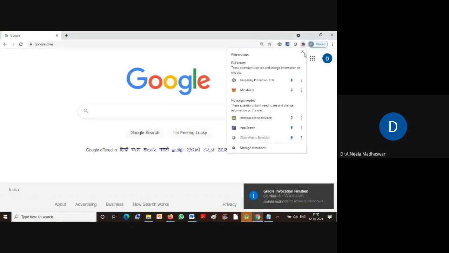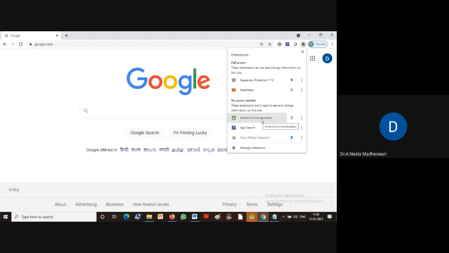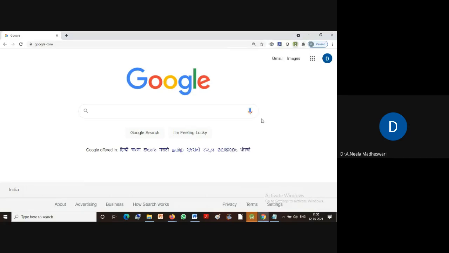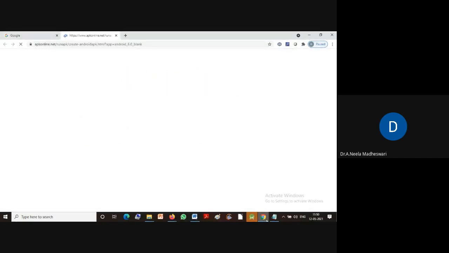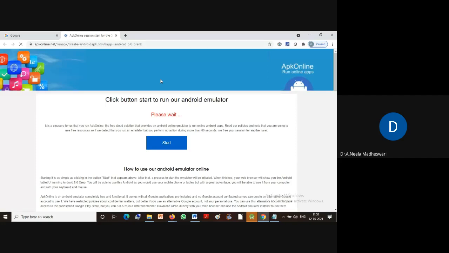So let us see how to run using the APK online emulator, Android online emulator. We have to make use of the Chrome browser for running the APK online emulator.